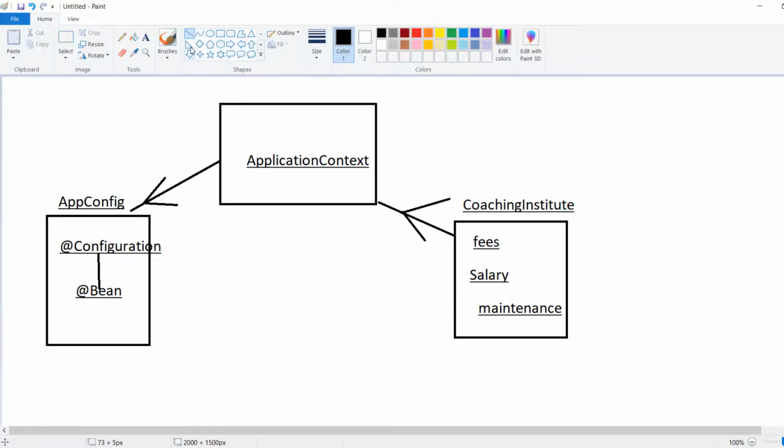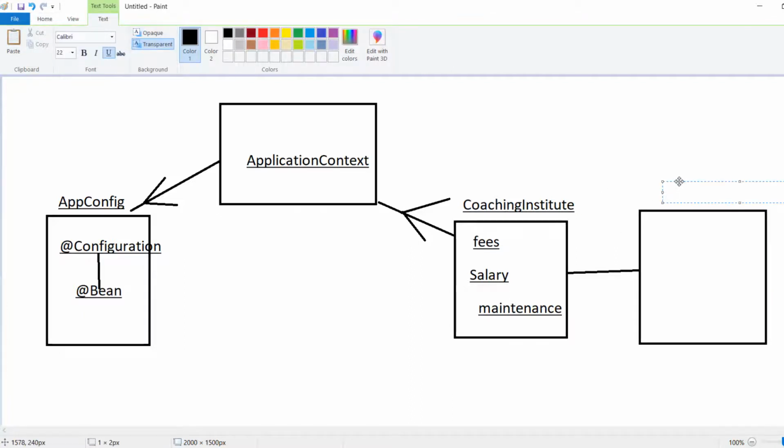So what I'm going to do, I will create one more file, and that file is connected to this coaching institute file.